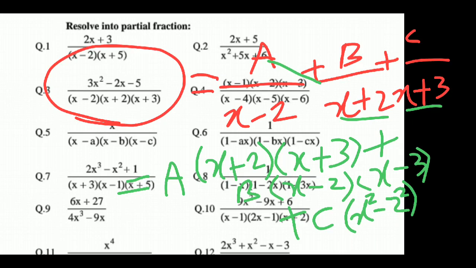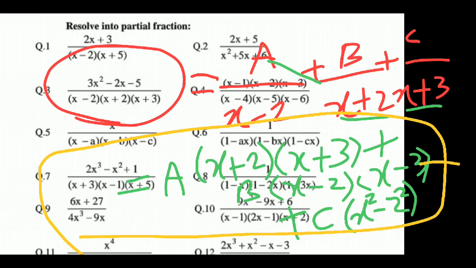You solve this one by assuming x equal to 2, you will get one value, put x equal to minus 2, you will get another value, you put x equal to minus 3, you will get another value. So likewise you will get all the 3 values. You substitute this in equation number 1. Assume that as equation number 1. In this equation number 1, you substitute the solved values of A, B and C.